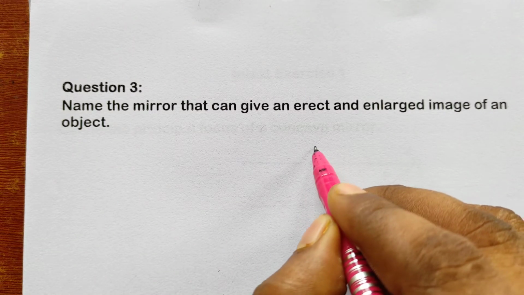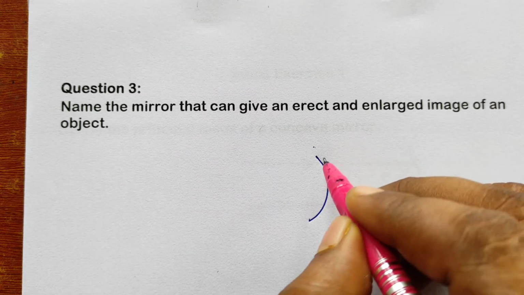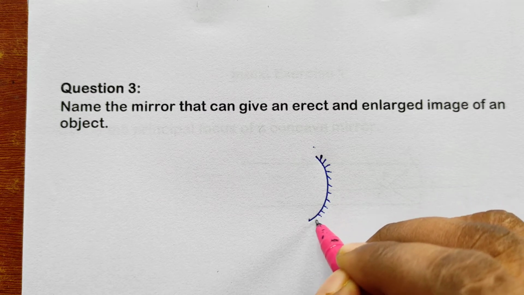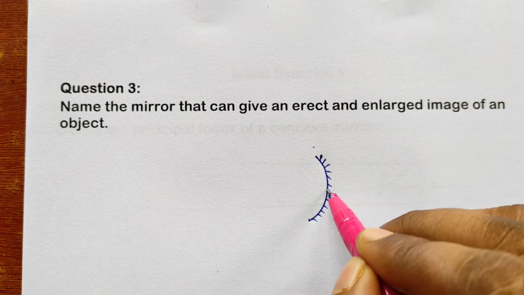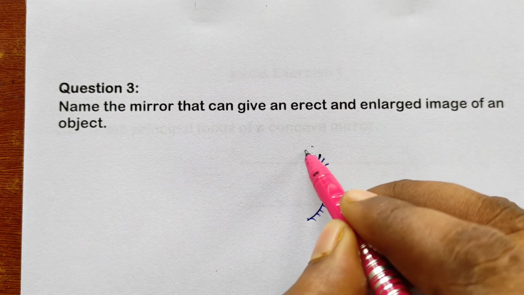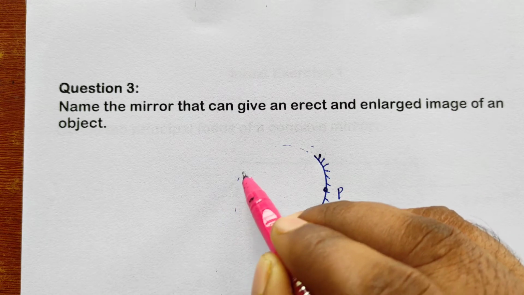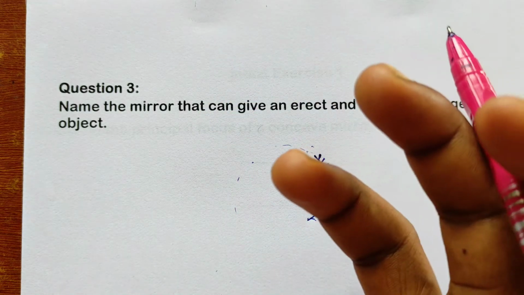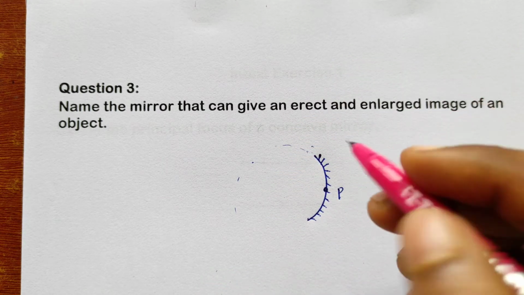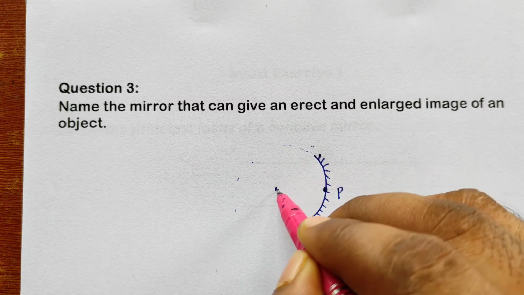First of all, I am going to take a concave mirror. In a concave mirror, the inner surface will be the reflecting surface, and the outer surface has a silver coating, like this. The center of the mirror will be the pole. Since it is a spherical mirror, we can extend it like a sphere, a three-dimensional ball, and that ball will also have a center. So let me take this as the center here, the center of the sphere.